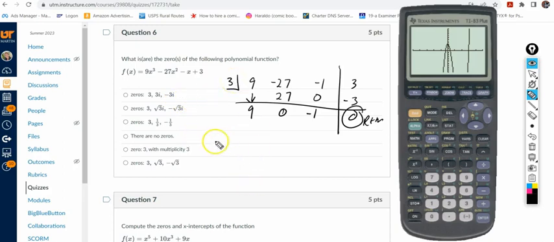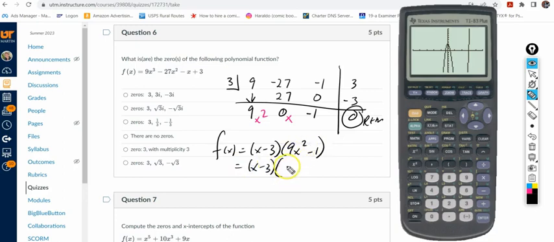3 is a 0. And I can write f of x as the divisor, x minus the number in the box, times the quotient. And I start here at the line. That's my constant. That's my term for x. It's my term for x squared. So I'm going to have 9x squared minus 1 plus the remainder, plus 0. So I'm just going to leave it like that. And I can factor that